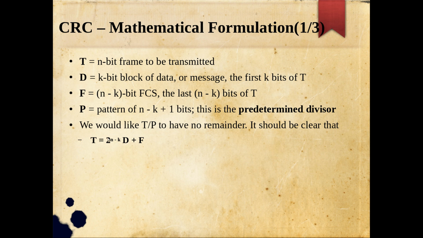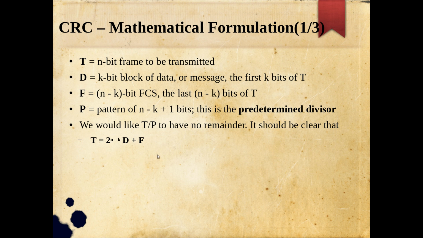You will correctly get the n bit T. So this operation is just a concatenation operation only. At the end of the k bits, that is our D, you are just appending F. So this is concatenation, not addition. That is why you have to multiply it by 2 power n minus k,